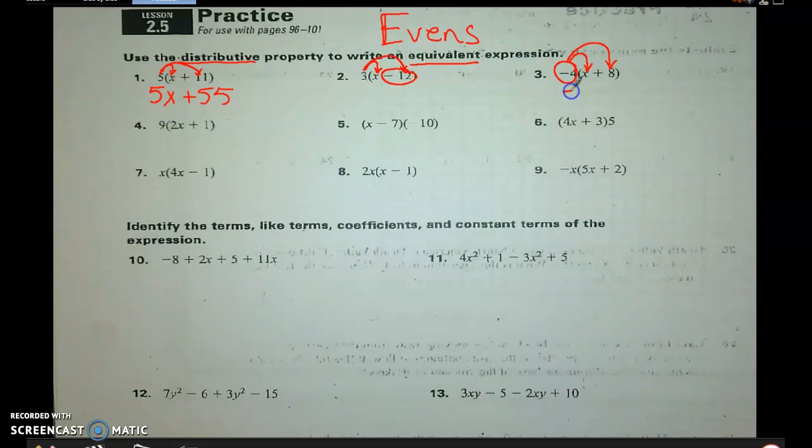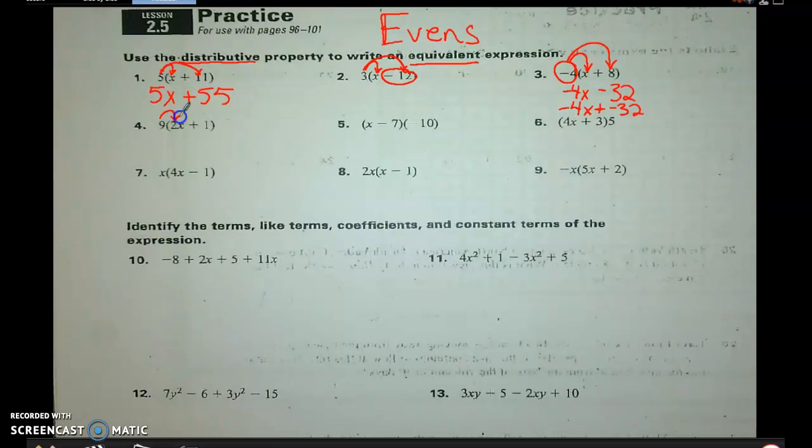Negative 4 times x is negative 4x. Negative 4 times 8 is negative 32. So we have that answer of negative 4x minus 32. Or it could look like negative 4x plus negative 32. Either thing would be counted correct. They're equivalent. Number 4. Okay, that's going to be one that you're going to be doing on your own, but